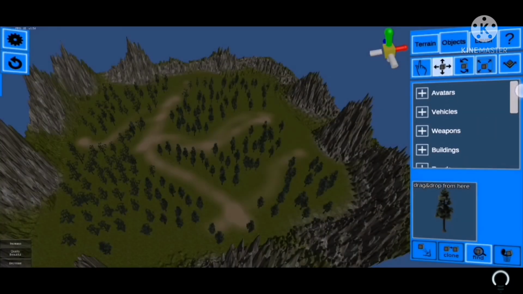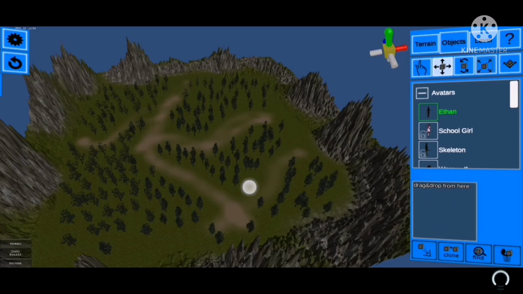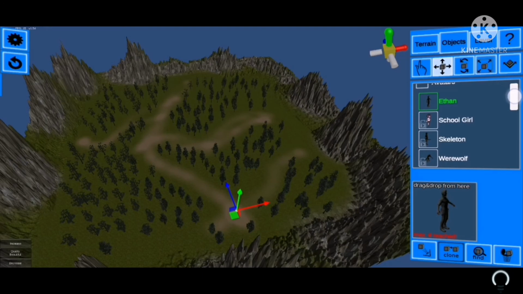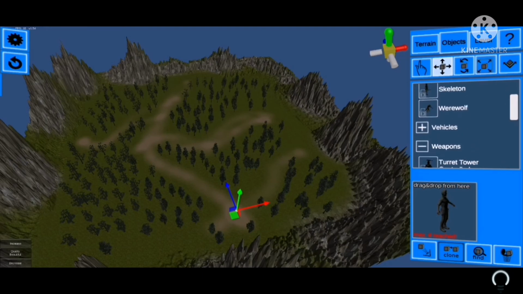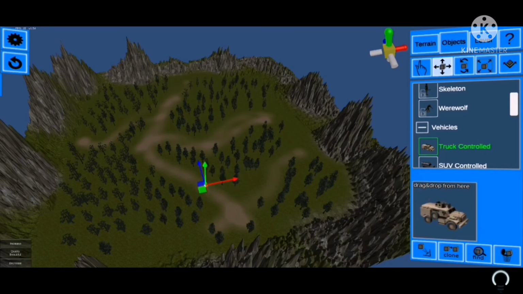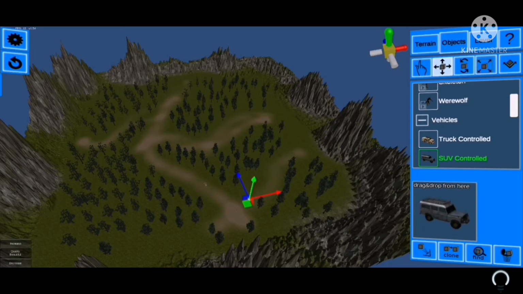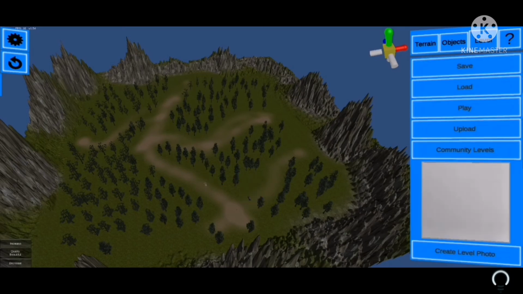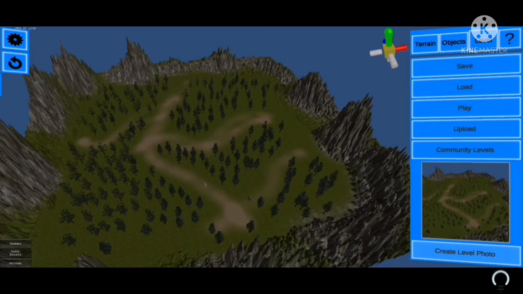you can see I'm over my world. This is my done world, and you need to click avatar and add avatar. Avatar is the player here. And you can add weapons to your world. I couldn't add weapons. Today I'm adding vehicles for my world. I added 2 vehicles to show you, and you need to add a photo for your world, and I'm saving